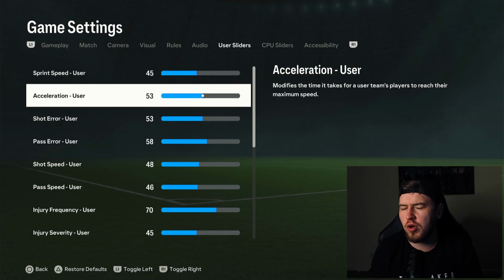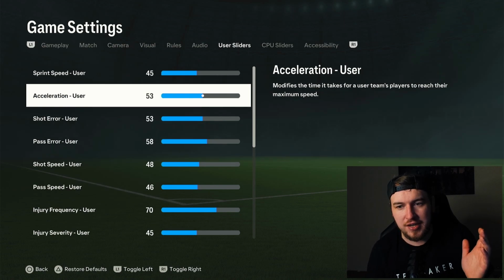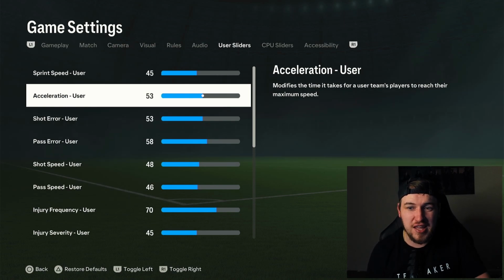And so far, that 1 acceleration more seems to have made the biggest difference, because my quicker players are now actually quicker than some of their defenders, which was exactly what I was trying to create. I can't take any credit for this. This was a suggestion in the comments, but I've always noticed in FIFA and now in FC is you will